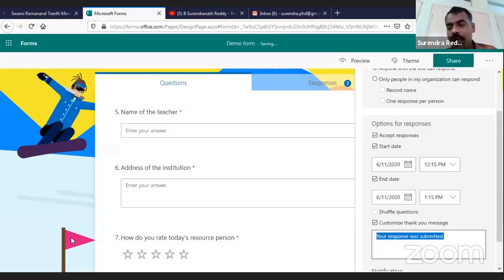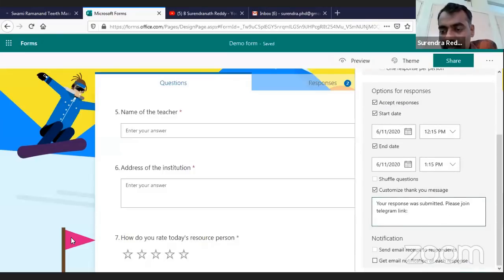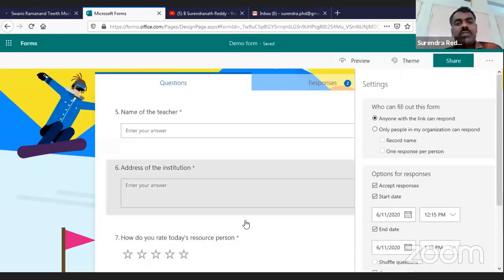Suppose after registration you want to give a Telegram link or a WhatsApp link, you can write here, please join the Telegram link, and provide the link here, so that after submitting they will get a link to Telegram. In this way, one can customize the thank you message. Okay, these are the different options available as a general form.